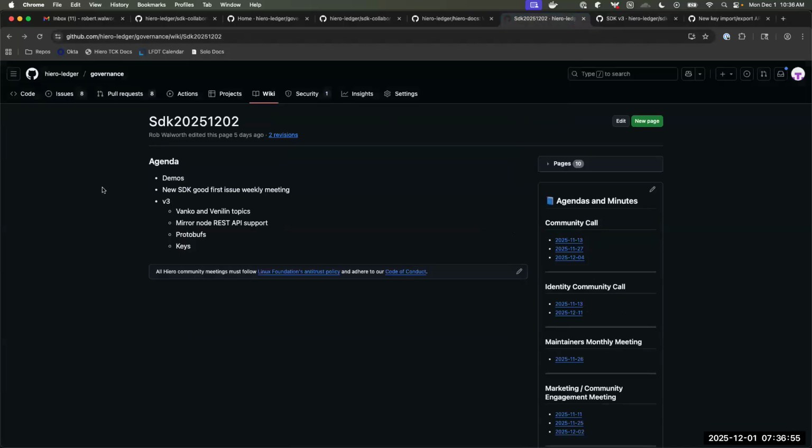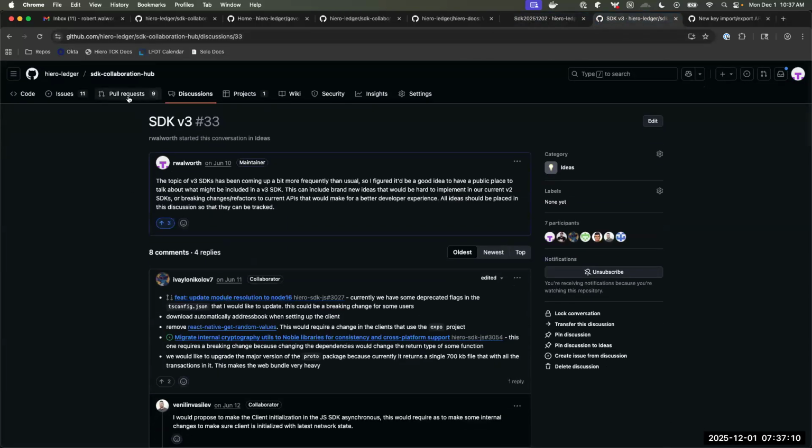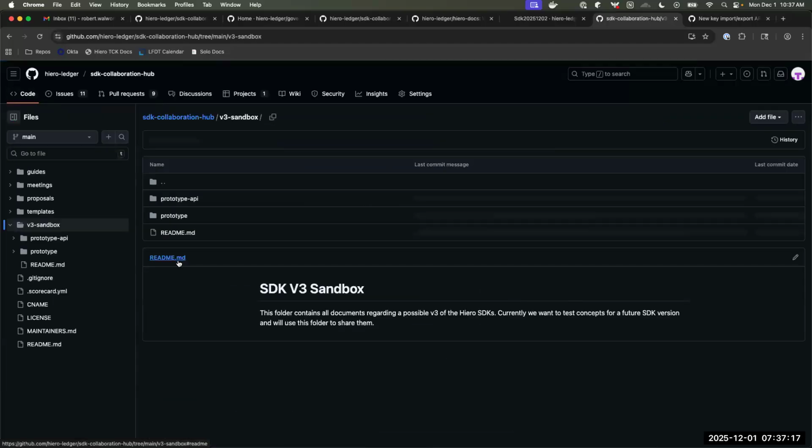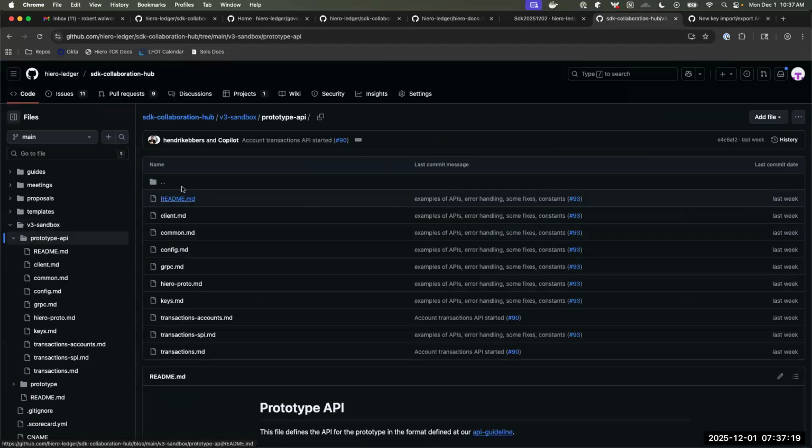So, a kind of recap. We're still just in the POC development phase, figuring out in these API guideline docs exactly what we want V3 to look like. And again, any and all feedback is welcome. If you have an idea, just go ahead and open a PR to talk about your change, and then we can figure it out from there.